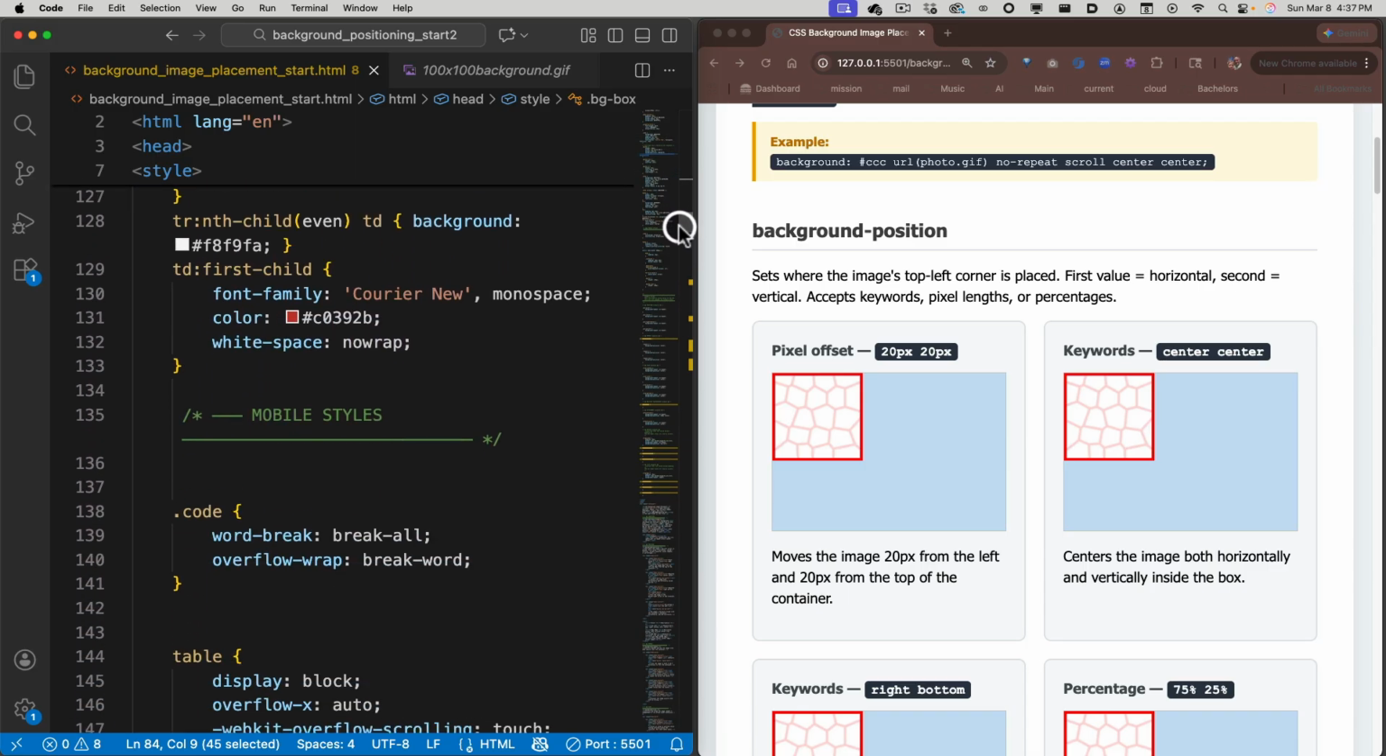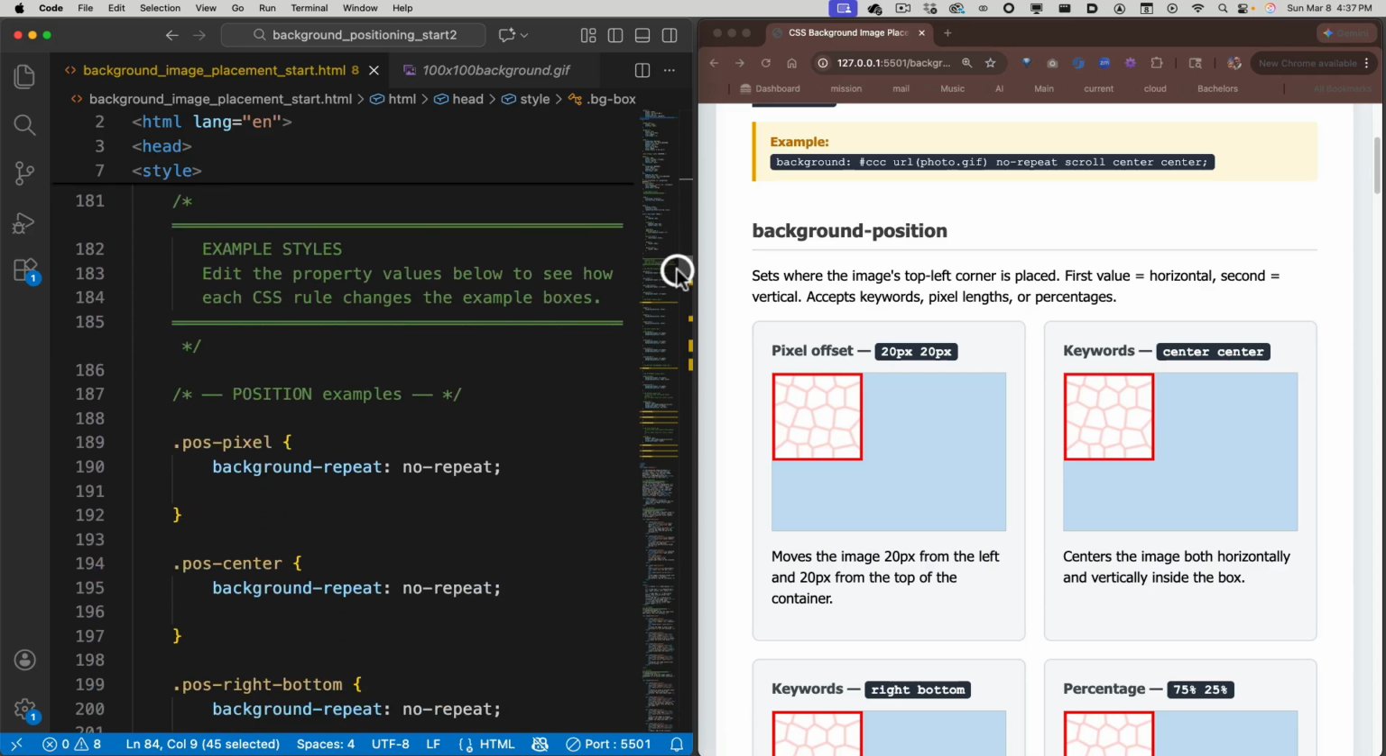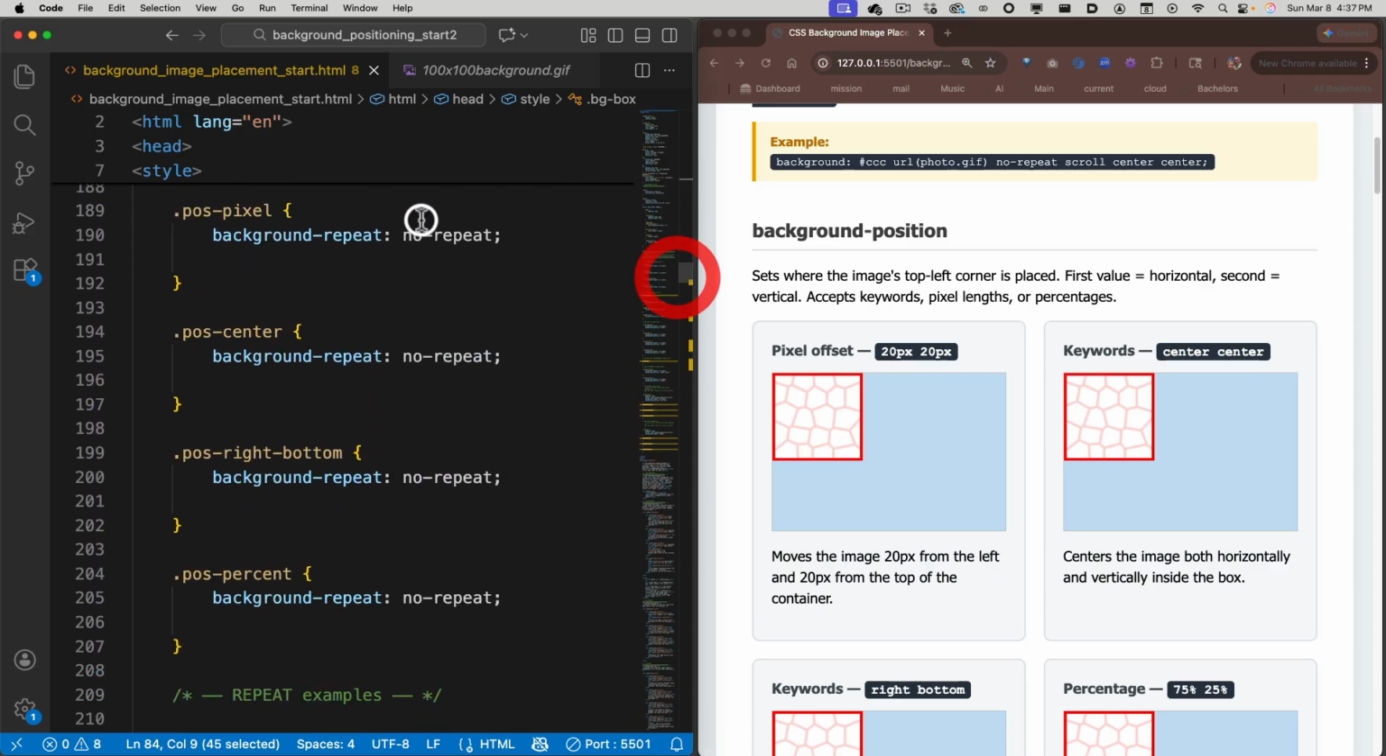The rest of this is a lot of formatting stuff, mobile styles. So I'm going to go down to about line 191. And we're going to start positioning these different